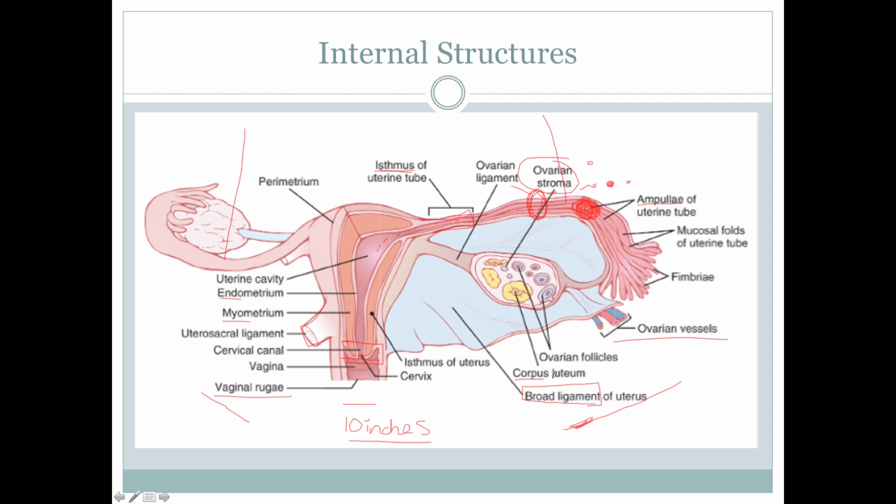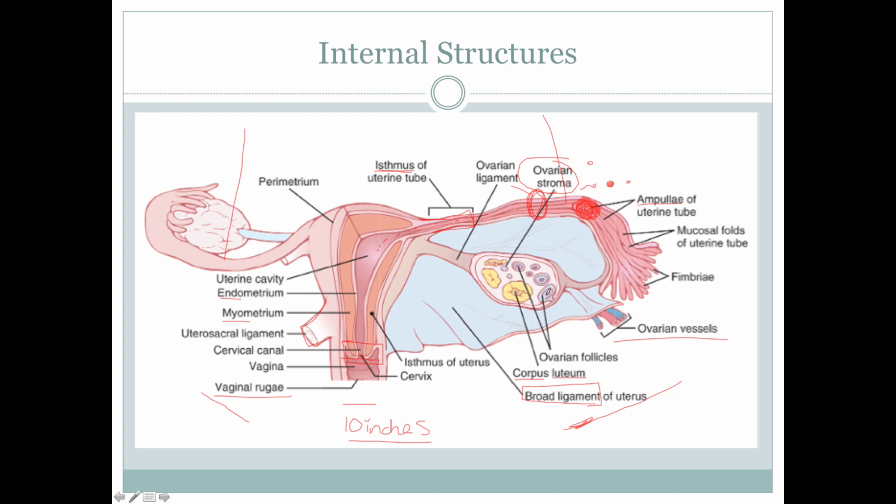I've mentioned these terms before. Corpus means body, and luteum comes from the word luteal, or to luteinize. It means to make yellow. So we'll see that just like the testes, the ovaries are technically endocrine and exocrine. When the follicles are developing, they do things like make estrogen. And then once they pop out, there's some tissue left over, which is yellow, and it's called the corpus luteum. And that makes progesterone.